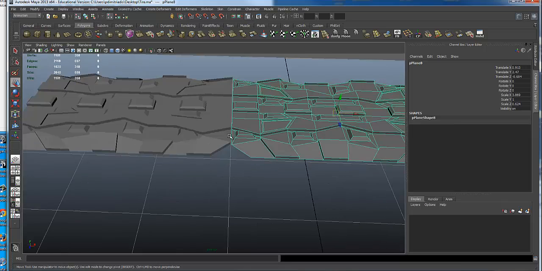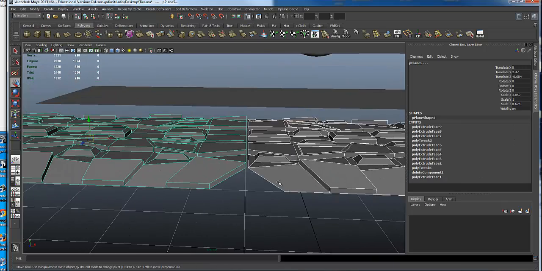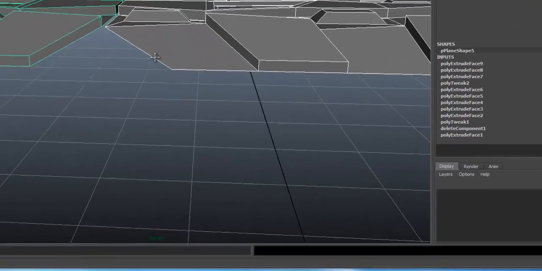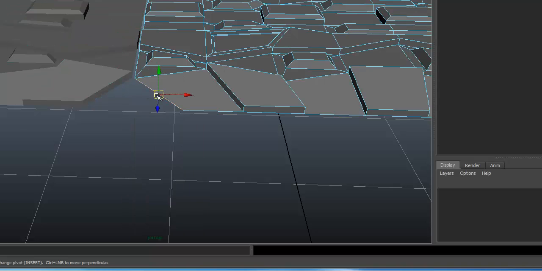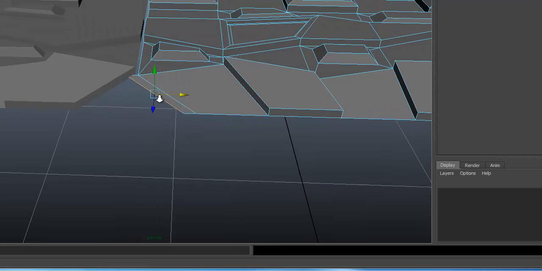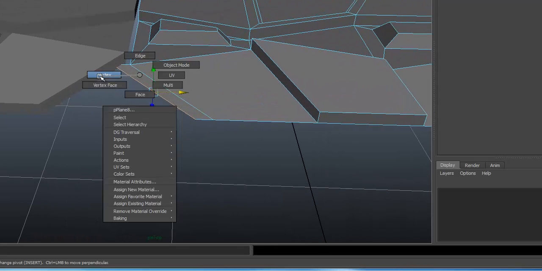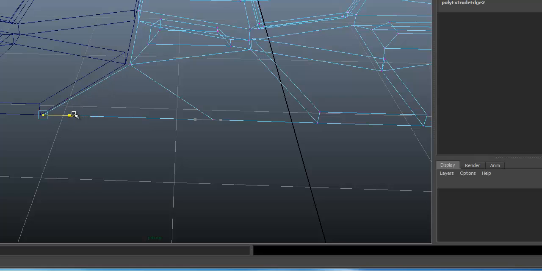Now what happens when I go to merge these two together, most of these vertices are connecting. One of the problems I have is this little edge right here that's open. That's really easy. I can just select an edge right here like this. I can hit extrude to extrude that edge outward. After I extrude that edge outward, I can come over here, right click vertice. I can select that vertice point, delete it, grab this vertice, move it right along to that edge, and bam,